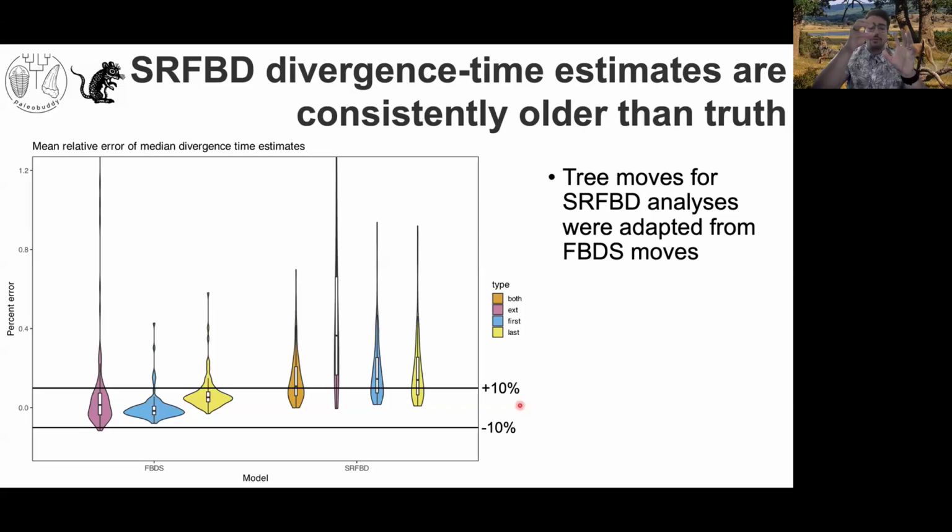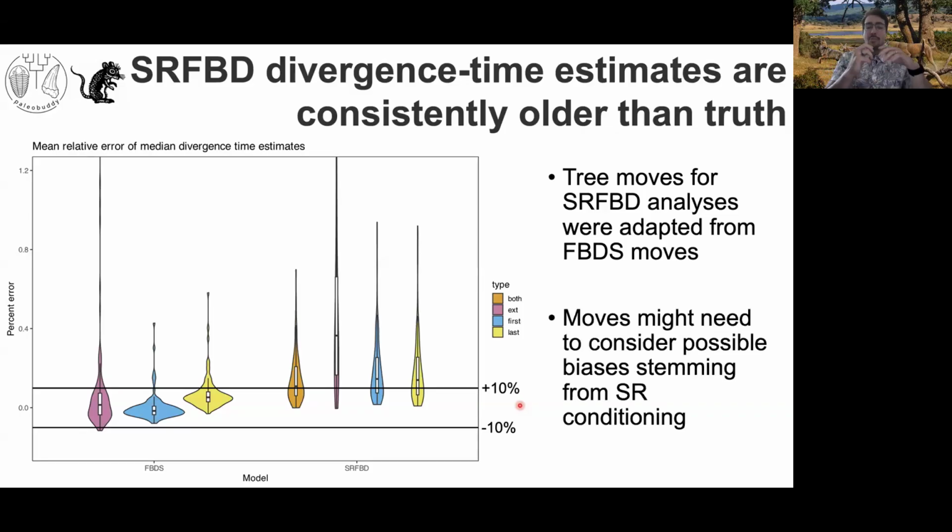The current SRFBD tree moves were just adapted from FBD specimen moves in BEAST2. So maybe we need moves that can better account for that conditioning on stratigraphic ranges being unbroken. That's my guess. Other people I've been talking to have other guesses, and I'm working on investigating all of these